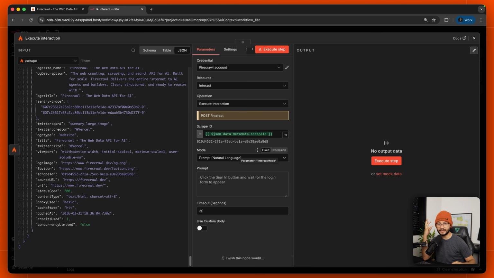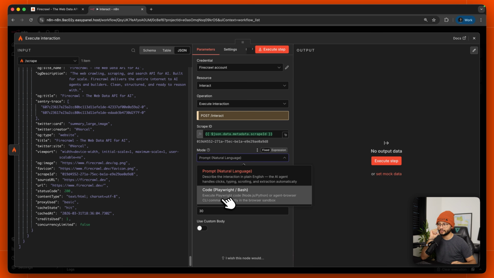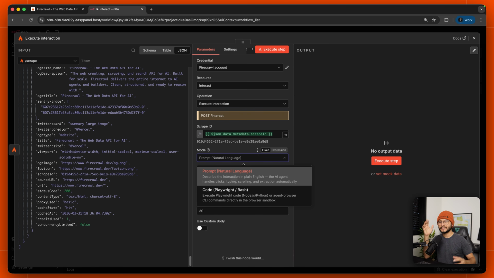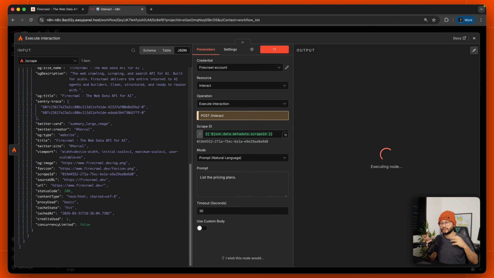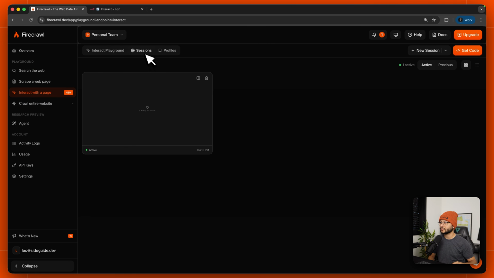And now inside of the interact operation, I can either choose to execute code or prompt. Since I don't have this attached to an actual agent, prompting is what we're going for because this will use an agent to go inside of the website and fetch what we need. So if I add something here like list the pricing plan, so pretty simple, let's execute this step and wait for it to go inside of the website, scroll down to the pricing section,